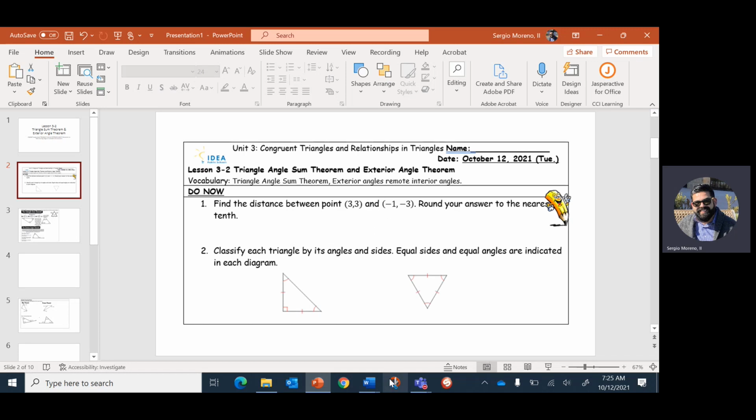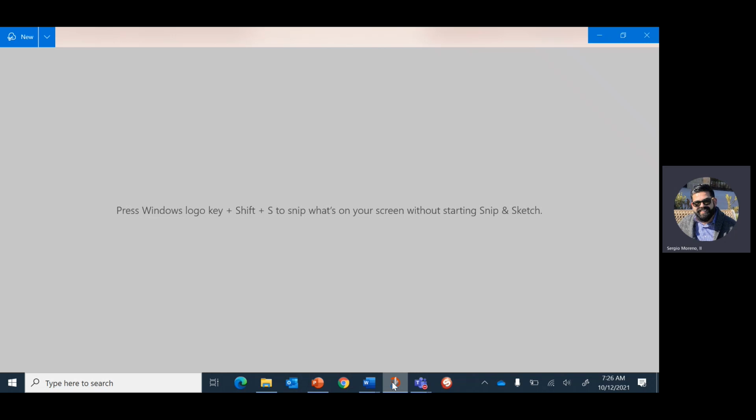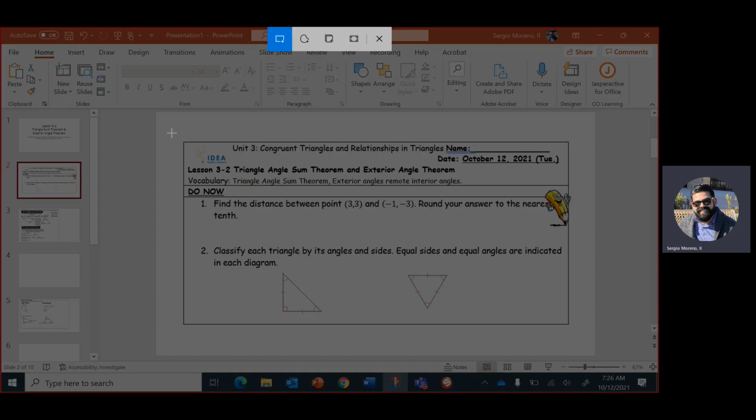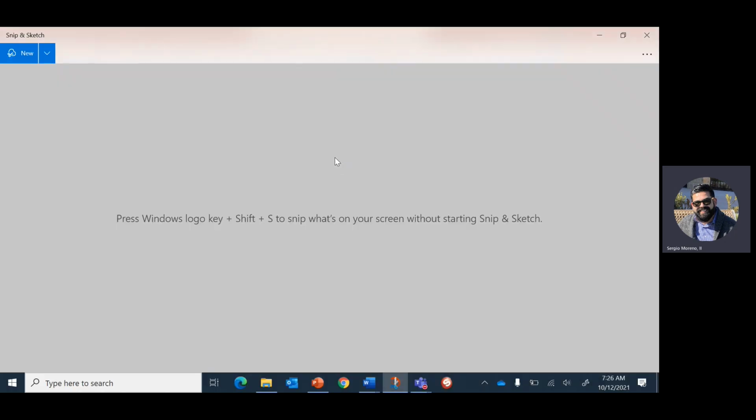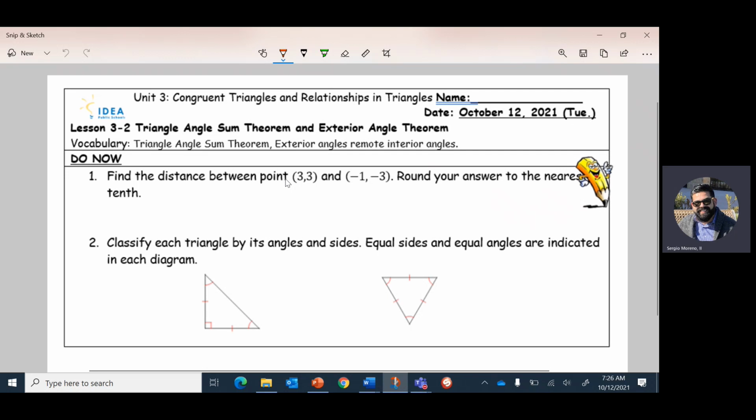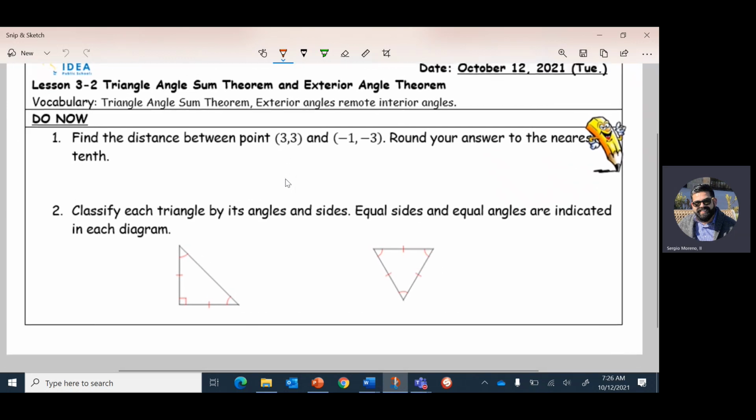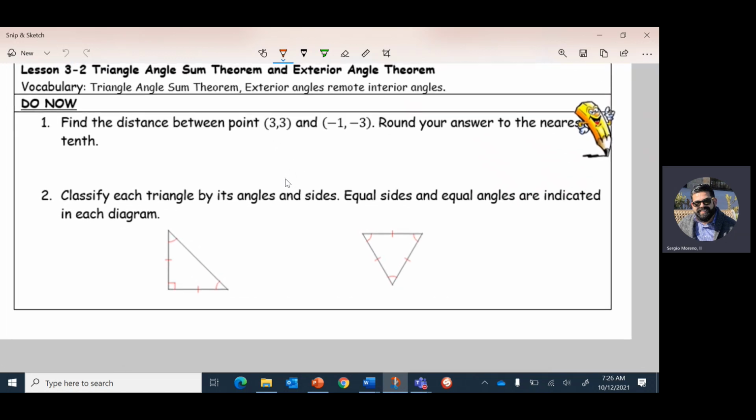So first, let's go ahead and go right into the do now. Probably easier to do it this way. There's going to be a little bit of shuffling around, but bear with me. Alright, so we're going to be doing the triangle sum theorem and exterior angle. However, the do now, number one, is asking us to find the distance between these two different points. We know we have a distance formula, right? It's equal to